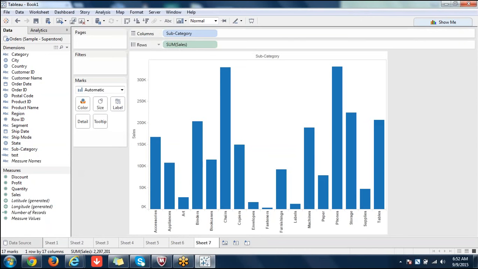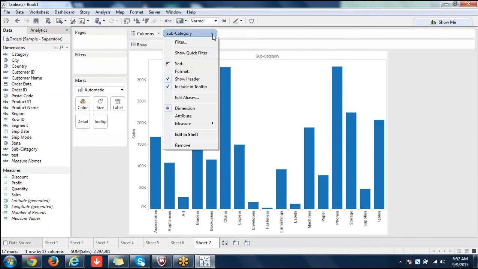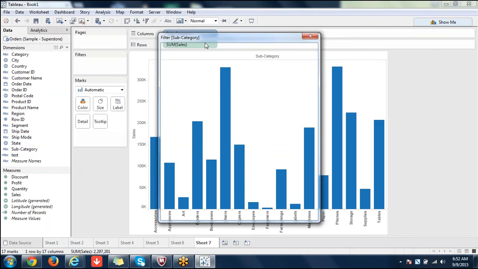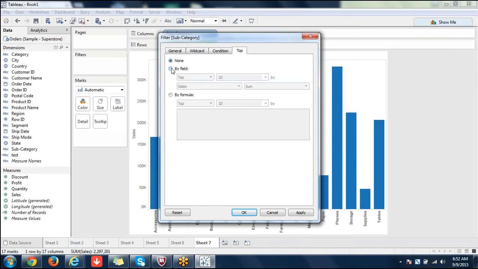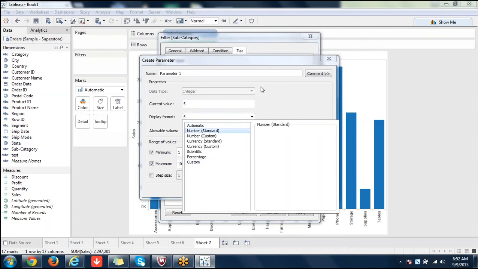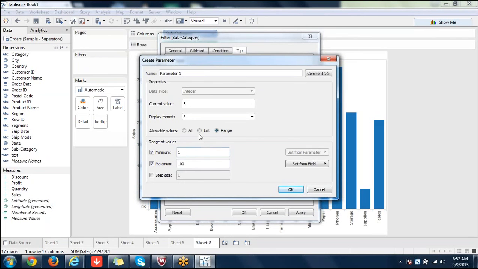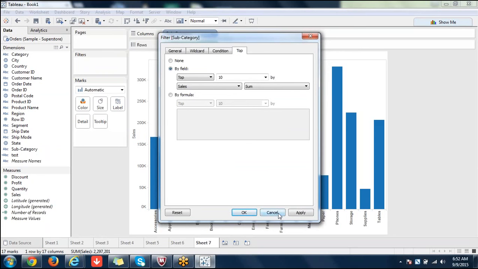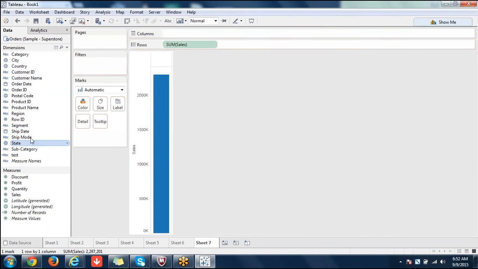Okay, now I will try to create a filter on it. Let's go to top here. For example, you want to keep it dynamic. Okay, top 10 values, top 5 values, such things. So this is just a current value here, and display format, I want it to be number, standard number. You can say list, range, whatever you want, that's fine. Okay, I'm just saying 5 here. Maximum value, let's cancel this, sorry. We'll take some bigger value rather than subcategory. We'll take state to add value to your chart.